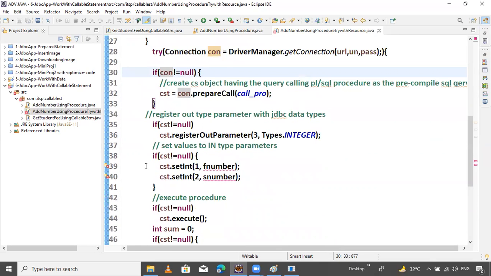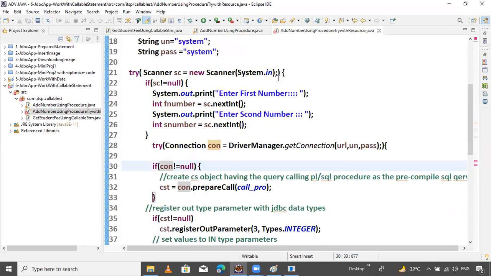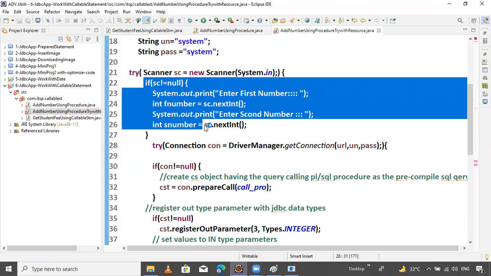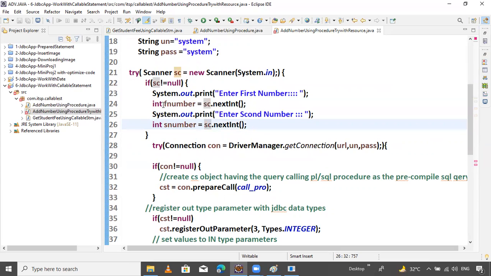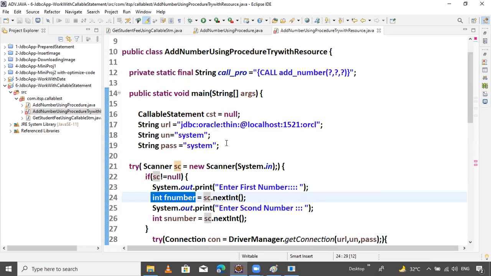So now why is it showing an error? Because we kept it inside the try block. If you keep it inside the try block, then it is a local variable, and the local variable scope is available only inside the block. If you want to declare this variable, you should declare it globally. Control C. Okay.